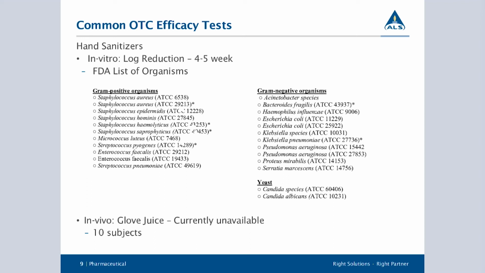So we don't get asked for that. Typically, hopefully your raw material supplier would have that information. If not, yes, FDA does have it in their monograph, and it would be on the same set of organisms. AET is completely different from log reduction, and it's not particularly applicable for alcohol-based hand sanitizers in particular. I wouldn't say that AET could be used in place of the log reduction testing at all.